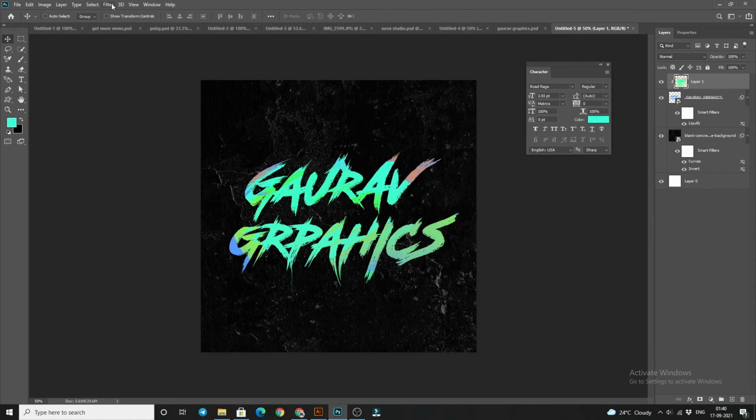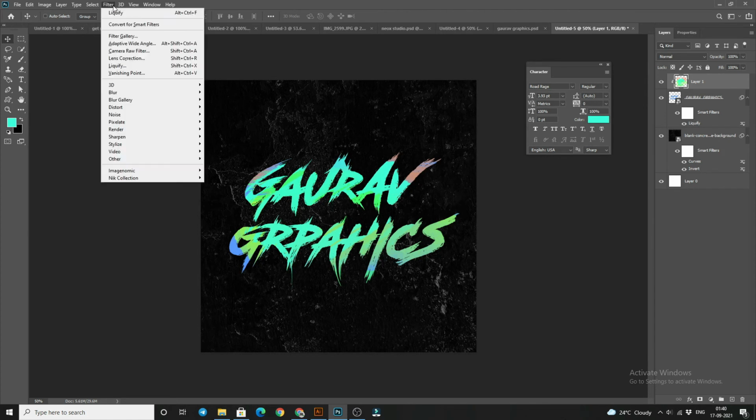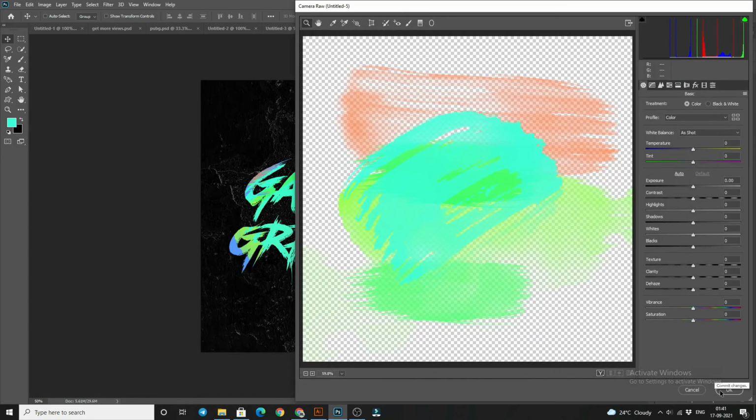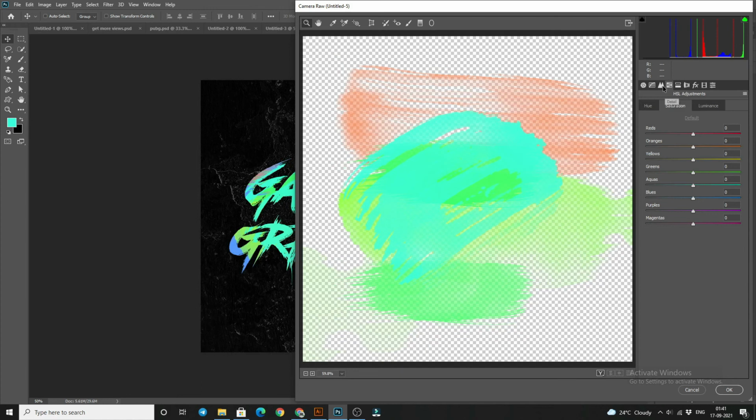Now if you want to make it saturated or adjust the hue, then you have to go to the Filter menu and select Camera Raw Filter. Now we can adjust all the things which we want to adjust. Then we can go to the HSL adjustment, and now we can adjust the saturation of it.